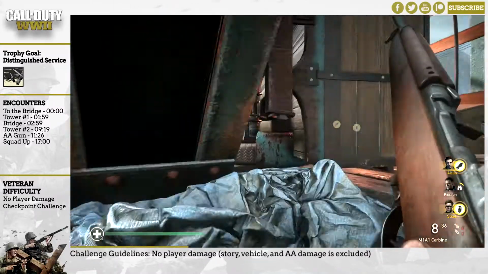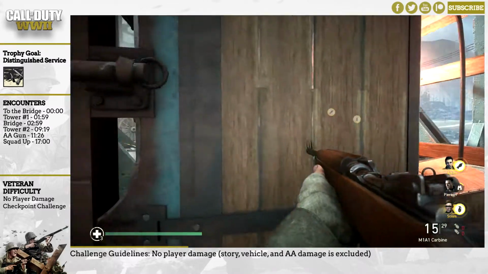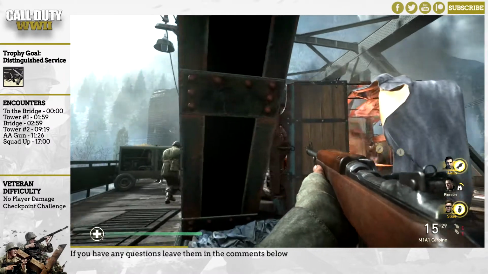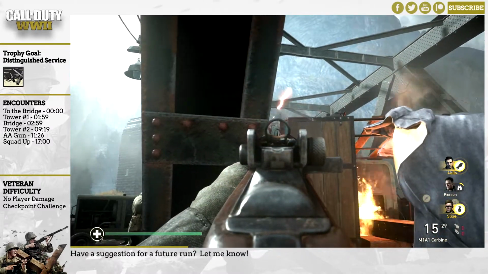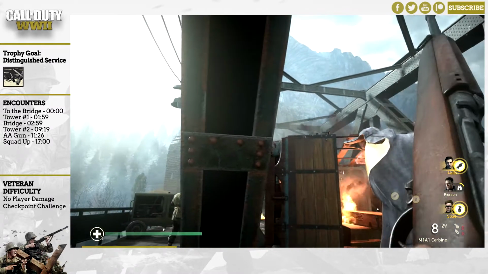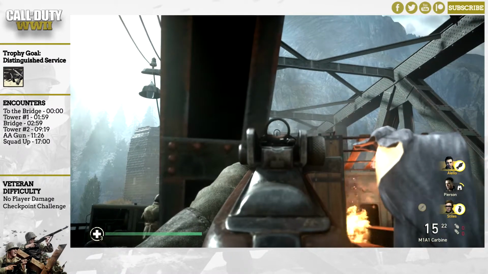Kill him. And I'm just going to do this, guys, until we finish this bridge sequence. Then we've got one more: the tower sequence, which is pretty much a duplicate of the previous tower. It's just laid out a little bit different. And then we have the trench, the AA gun, and then the final push to the end, and we're done